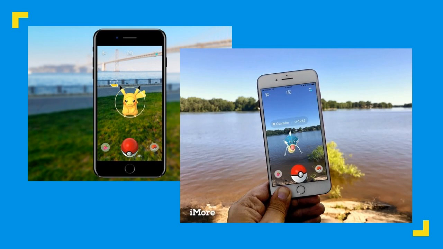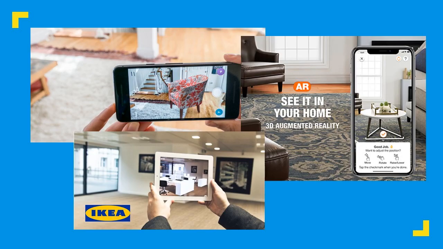And so, okay, let's tie that a little less from the fun and games to a little more business-oriented, a little closer to us in CPG. What you're seeing here now are 3 pictures of big AR implementations from some household names. In the upper left-hand corner is an augmented reality implementation from Wayfair. In the upper right-hand corner, it's an augmented reality implementation from Home Depot. And on the bottom, it's one from IKEA. And in all 3 cases, the spirit of the implementation, the intent, is the same.